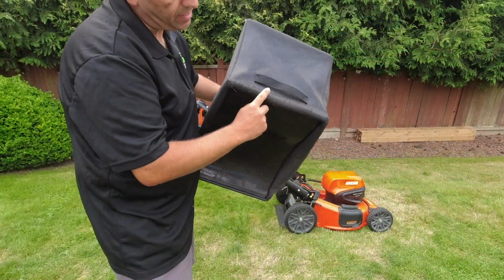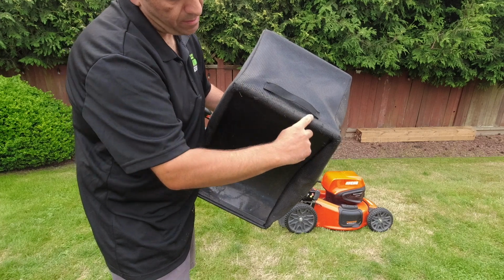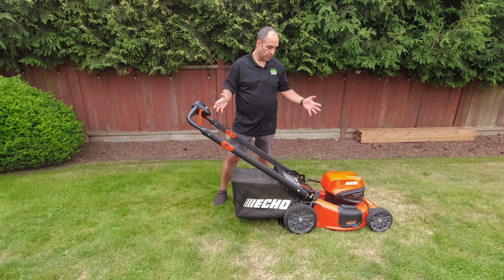Just interesting that in 7 months, you can just see how much wear and tear the bottom edge of this bag has endured. Okay, so those are the pros and cons of this ECHO